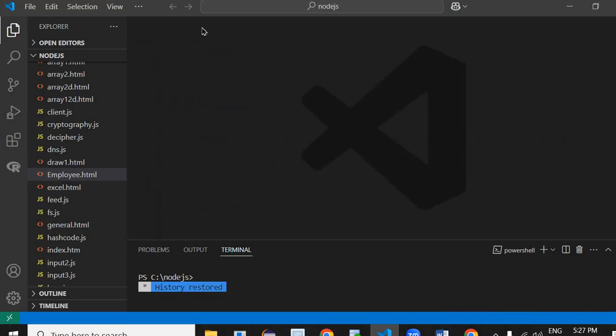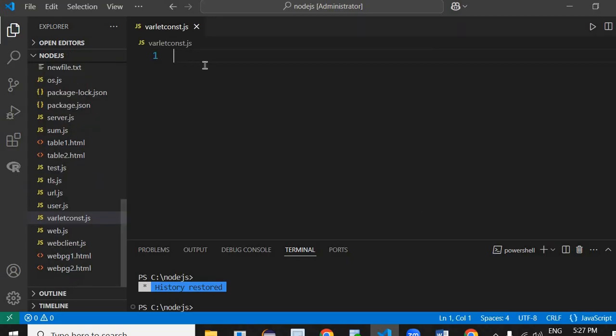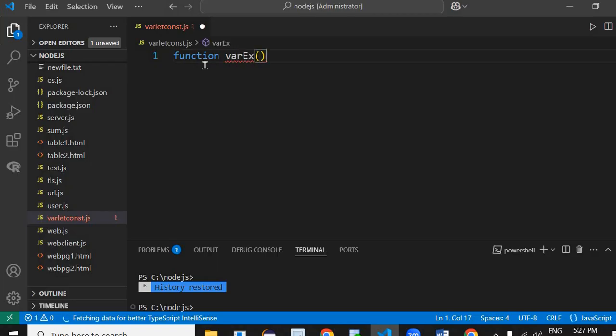So I'll close it, and then I'll write one program, that is var let const.js. Now in this one, I'll create a function. So I'll write here function, my function is varEx,